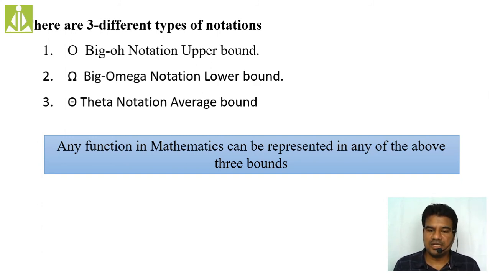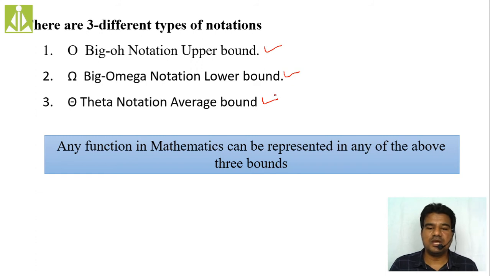The big O notation, next we have the big omega notation, and then we have theta notation. Three different types of asymptotic notations. They are very, very important. In the last university exams, they asked this question for 10 marks. It is very simple. Three different types of asymptotic notations: big O notation, big omega notation, and theta notation.